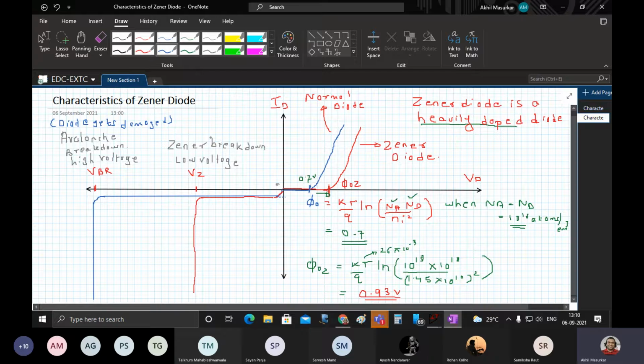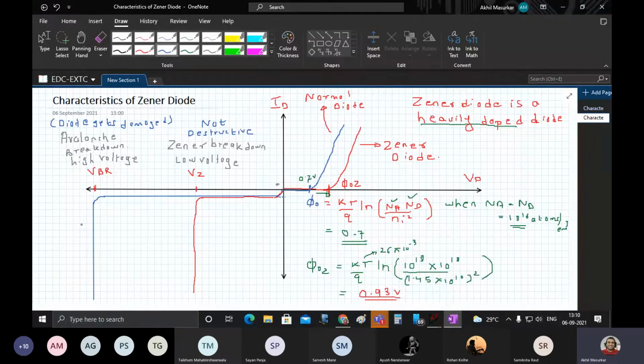Zener breakdown is not destructive. It can sustain this voltage. So what happens is that in applications like rectifiers, we are applying 230 volts. During the forward bias, 230 volts is fine. But during the reverse bias, when we are applying minus 230, that time we need to